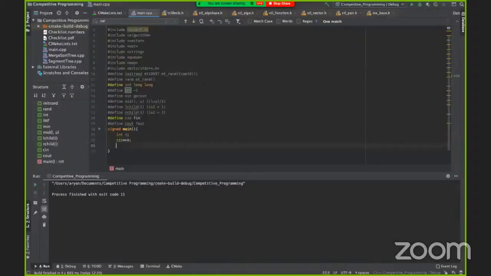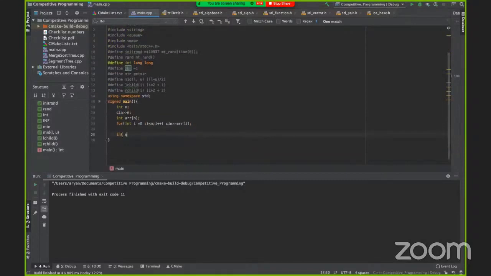Array consisting of n elements. And now you have q queries as well, so let me input the queries.